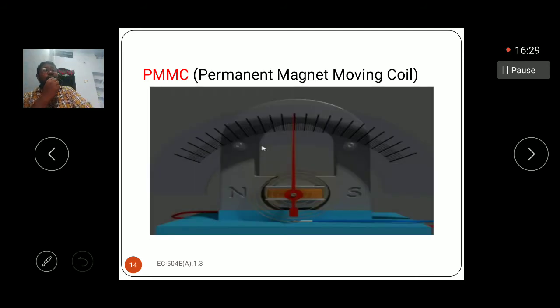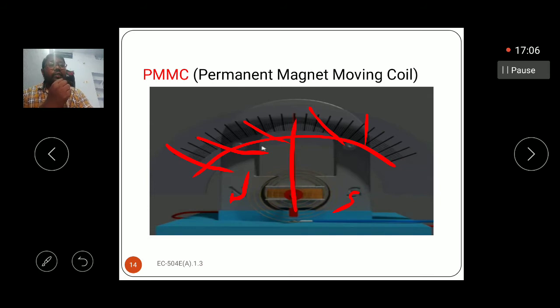This is the galvanometer principle. Here one magnet is there. Clearly observe, all of you. Here north pole, here south pole. In between we have some isolation space. In this we have the coil, and also a needle on the dial, and here we have the calibrated scale. At both ends of the coil we have the springs. With the help of the springs we connect the two ends to the supply. Then we get the deflection on this scale. Generally this is the D'Arsonval movement in the galvanometer.